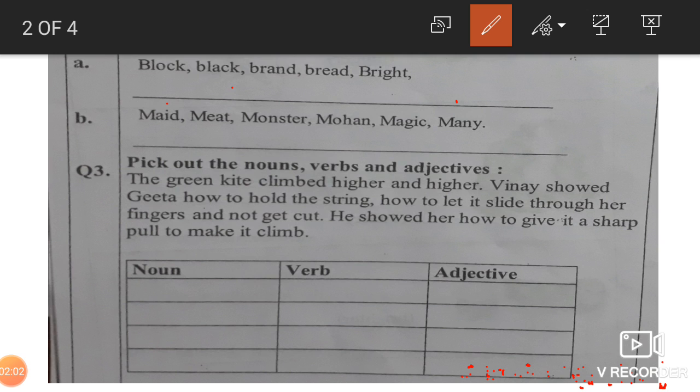So now we have to see the next letter, children. When A B C D is there, we can compare. A will come, then B, then C, then D. But here all the words start with B, so we cannot compare. So what we have to do is that we will not consider B. हमको B नहीं लेना है. Now after B, A, B, C, D, E, F, G, H. अब B नहीं लेंगे तो next letter लेना पड़ेगा बेटा हमको. We have to take the next letter.